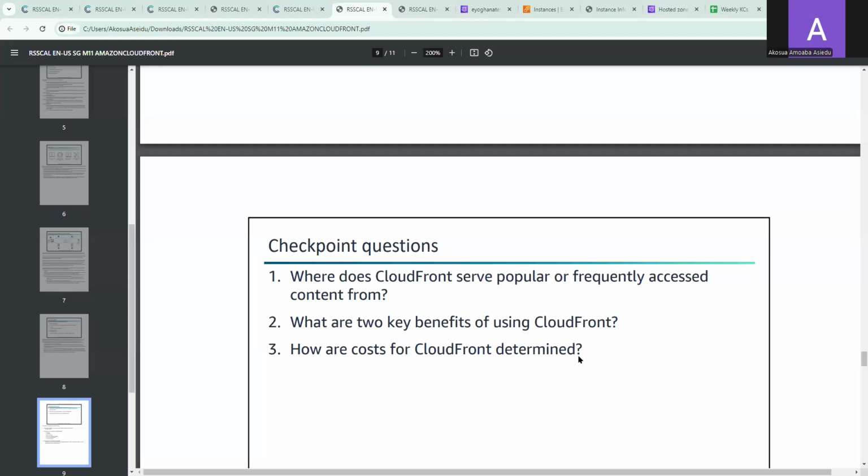Okay, where does CloudFront serve popular or frequently accessed content from? The edge locations. Okay, and then the less popular ones too, where are those served from? The region or the origin. No, the cache. The regional edge caches. Yes, so the less popular ones will be served from the regional edge caches, and then the popular ones will